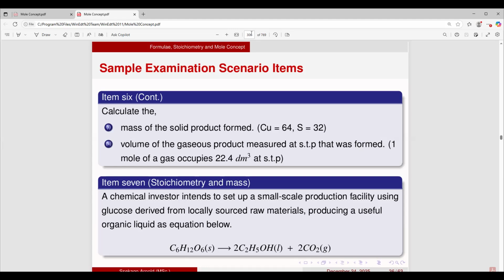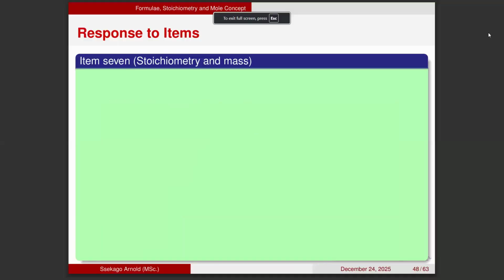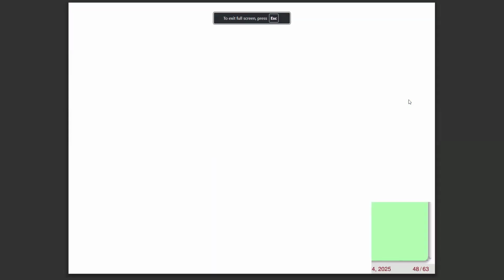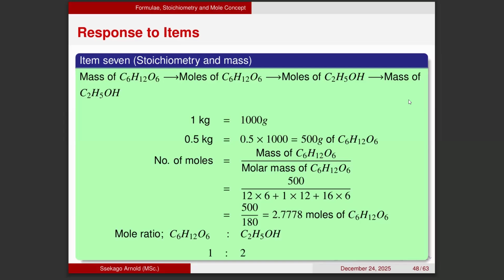Now, since the reaction ratio is 1 to 2, we substitute in those details. So substituting in those details, this is what we shall have. The ratio is 1 to 2. So 1 mole produces 2 moles. Then what of the